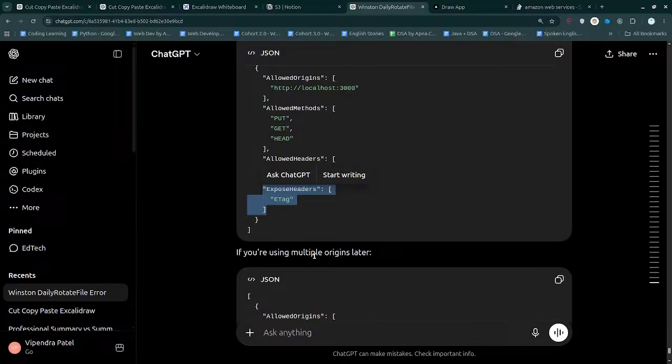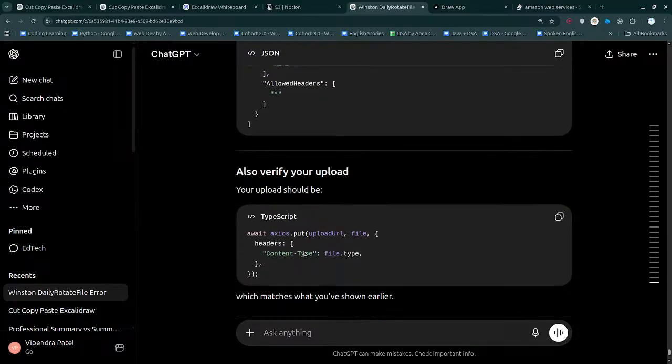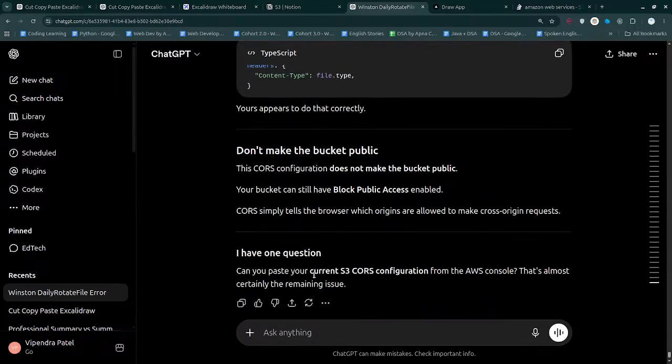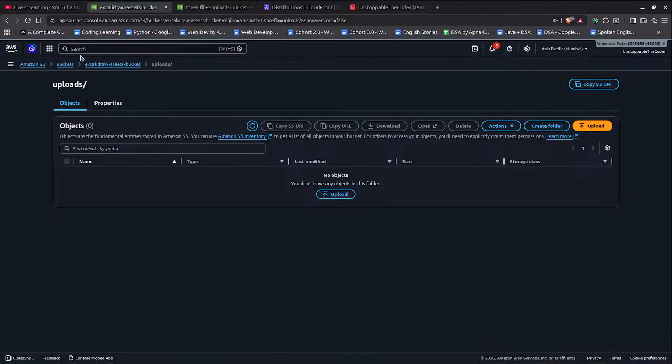Expose headers if you are using multiple origins. Okay, so almost we are doing the things the right way if I'm not wrong. So